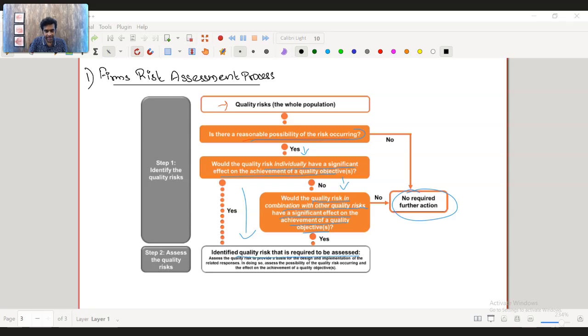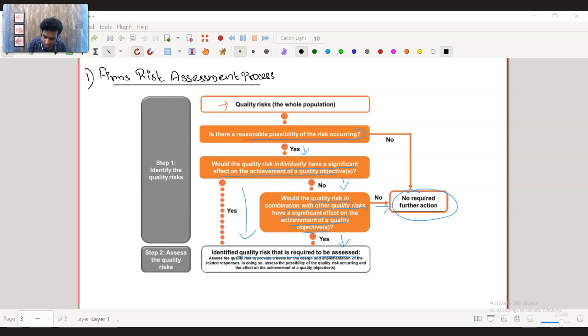So you identified a risk, but the risk in isolation or individually does not affect the quality objective. But do they in combination with another risk? So two risks together can combine and have an effect on the achievement of a quality objective. If that is yes, then you have to identify the risk and necessary responses have to be created. But if there is a risk, but the risk does not affect the quality objective, neither does the risk in combination with another risk,